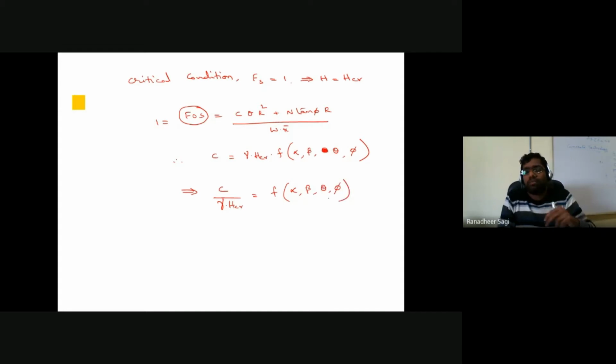See, what is it that I am trying to understand here? Your so-called slope, whatever you are trying to look at, the factor of safety or the condition of the slope, will it depend on your alpha angle? Alpha angle in the sense of at what inclination your failure surface is existing? Yes, it does depend. Will it depend on your beta angle? That is nothing but the angle at which the slope of the ground is existing? Yes, it does depend.